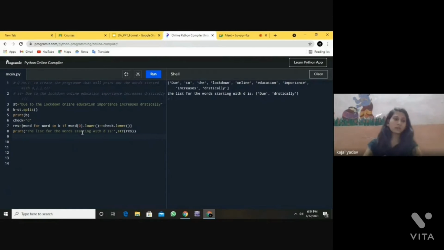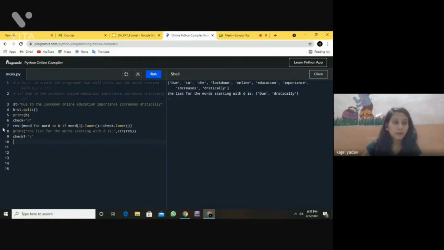So now we will take another variable, check one, and similarly with the D function, we will check it thoroughly with each and every word from b.